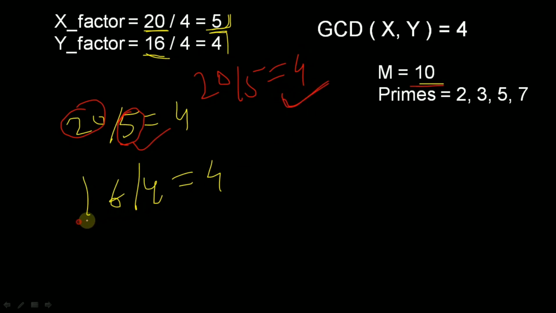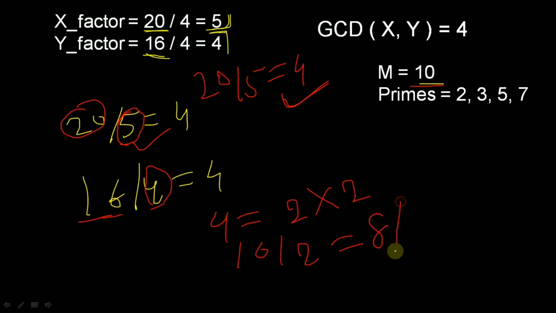Okay, and if you see this one, this is 16 and this is 4, so this is not a prime number but it is less than 10. So what we will do, we will split it into primes. If we multiply 2 into 2, we will get 4. So if we divide 16 by 2 one time, we will get 8, and we will again divide 8 by 2, so we will get the meeting floor, that is 4, and this satisfies the condition.